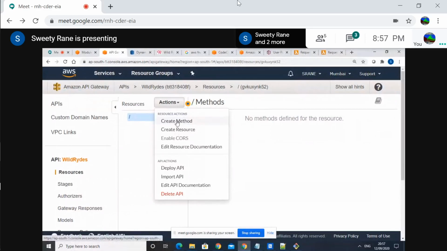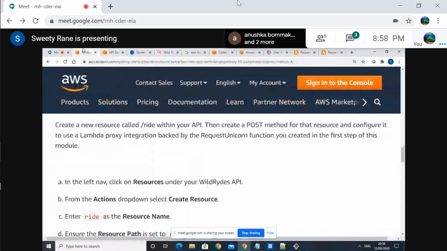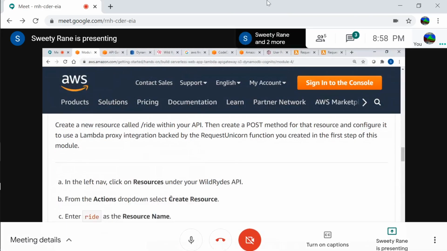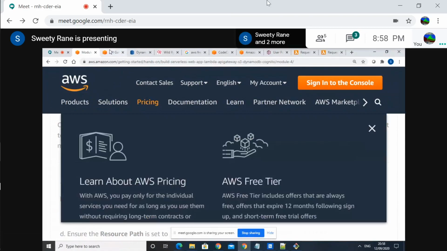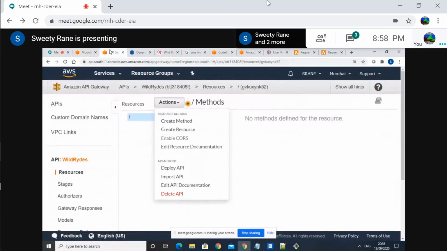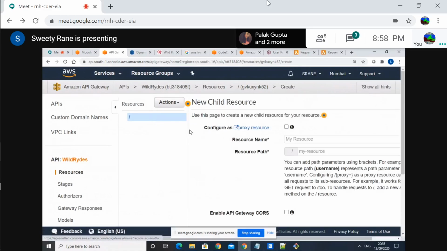No, no. Go back, read. It's create resource, I think. So there is a create resource, no? Second option, select that. Yeah, the name of the resource will be ride, I think. No, not rides, only ride.